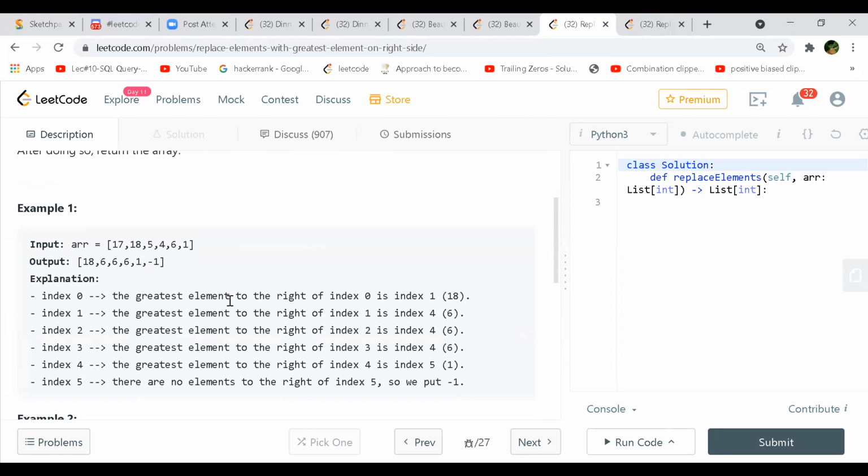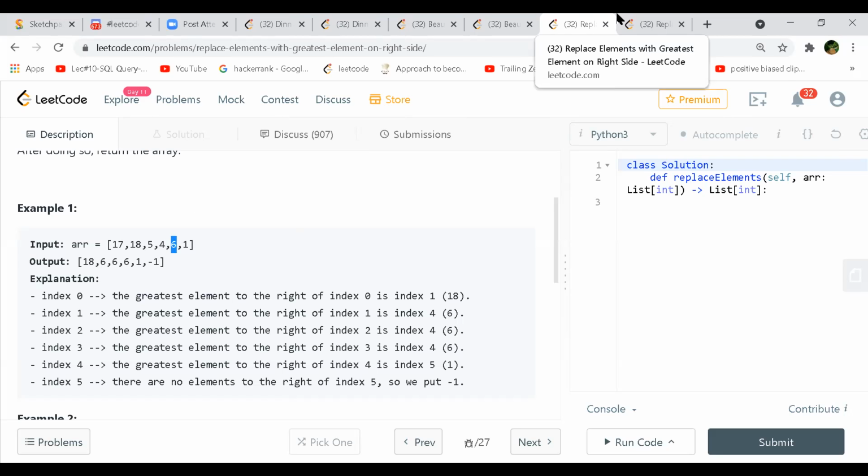Initially I started with that, it took time, and then I left it. I said, oh, this is not working. Then something actually came to my mind when I looked at this explanation, example one. Then I realized. So it is a very simple implementation basically, correct?